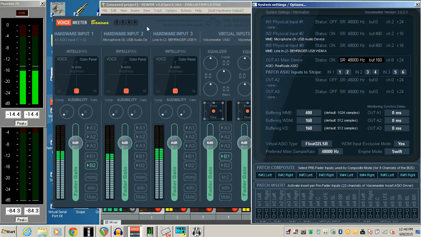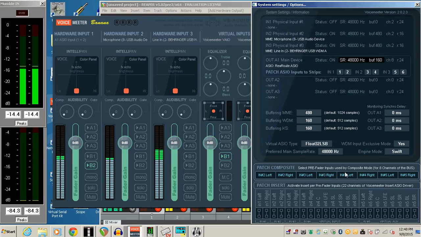Then we go to this second channel, hardware 3, which will be Reroute 3 and 4. So this is Reroute 1, Reroute 2, Reroute 3, Reroute 4, Reroute 5, 6, 7, and 8. So we have 1 through 8, and that is a direct relation to where we want to open up the input tracks on Reaper and